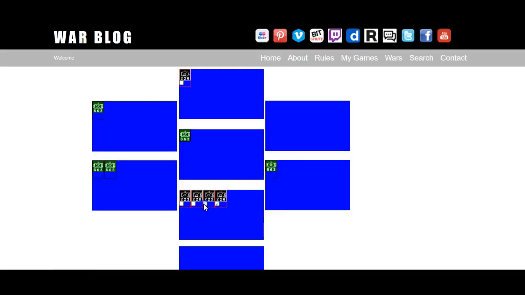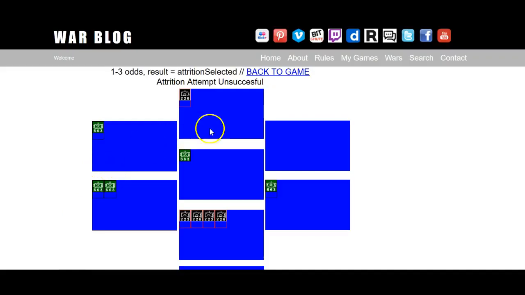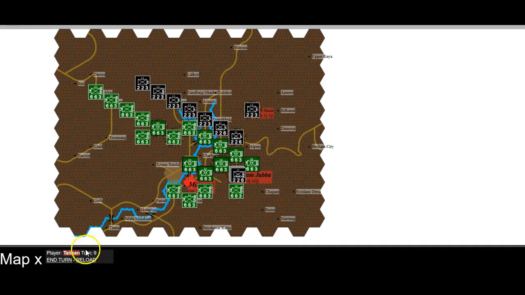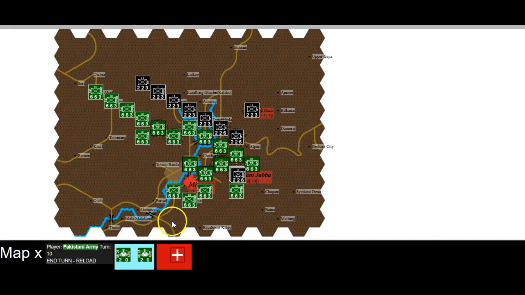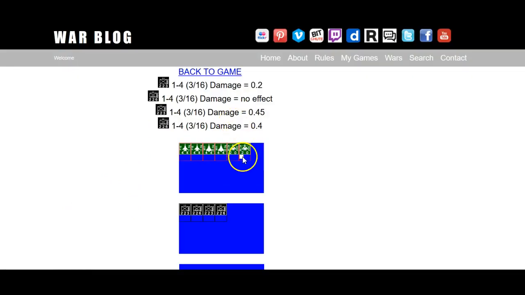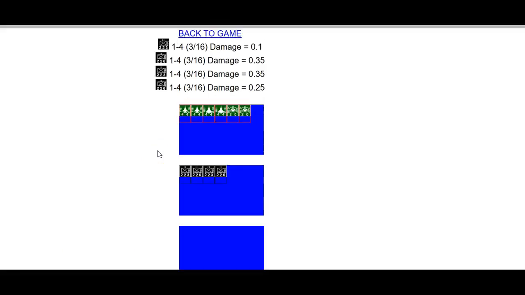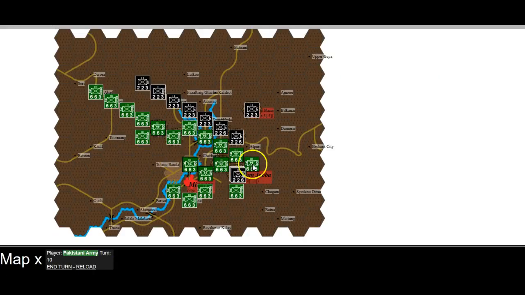Let's try some attrition this way. I don't know why I didn't do this before. Nothing. Okay. Helicopters attacks. See, these shouldn't be in there. I don't know why they're in there. I'll have to have a look. Okay, so